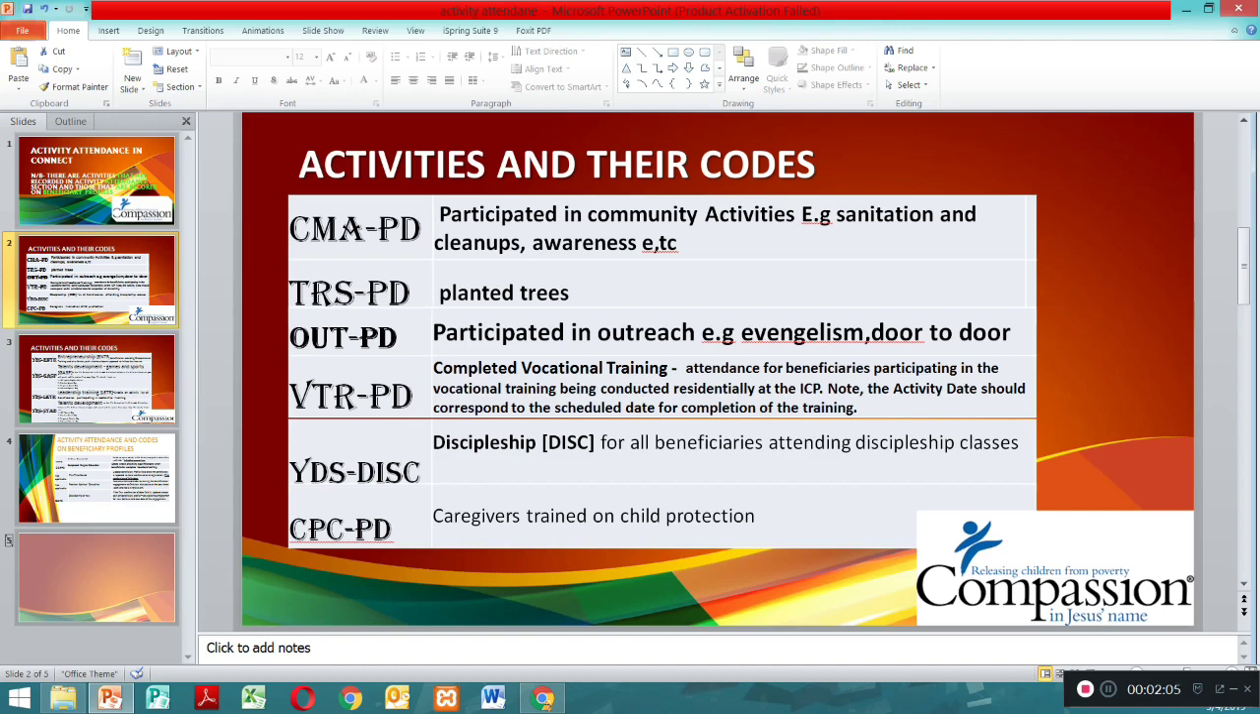There is another code, OUT-PD, and this activity code is for when we have participated in outreach of evangelism, door-to-door, or maybe crusades. So this is the code that we'll use for crusades and outreach ministries, e.g. evangelism, door-to-door. We shall use this code. Then we have